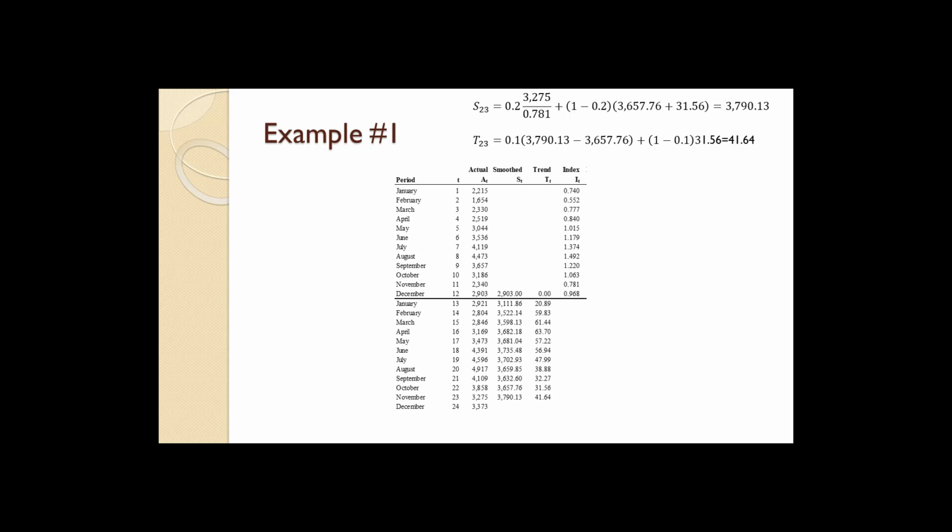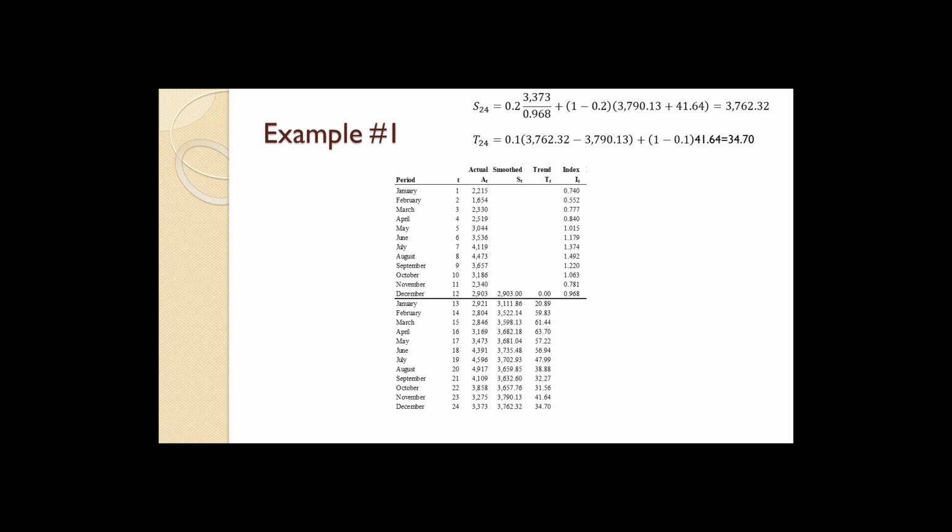3,790.13. And for T sub t, 0.1 times 3,790.13 minus 3,657.76 plus 1 minus 0.1 times 31.56 equals 41.64. For December, S sub t equals 0.2 times 3,373 divided by 0.968 plus 1 minus 0.2 times 3,790.13 plus 41.64 equals